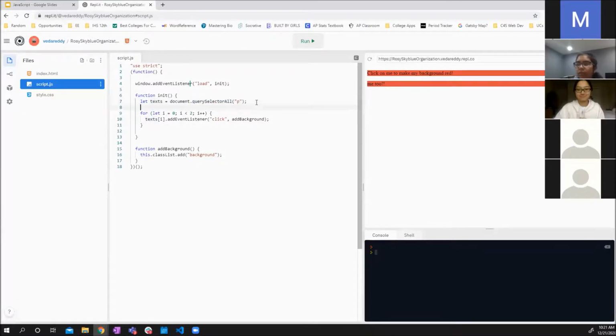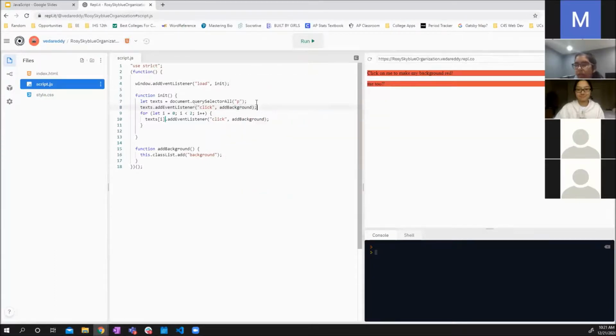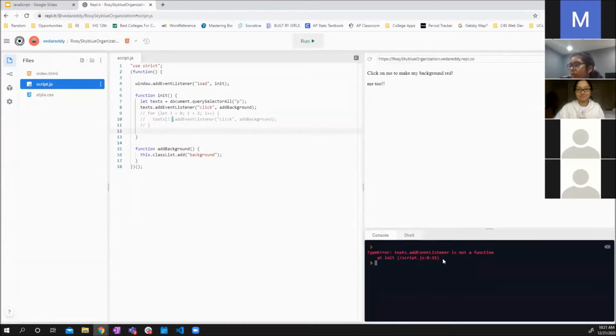So if I went in here and I just said, like the previous example, text.addEventListener, and then I said click, and my method is addBackground. That's what's gonna add the background. Then we're gonna run into an error. Let me comment this out. We're gonna run into an error here because this is an array. You can't add an event listener to an array of elements. So if I undo all of that,